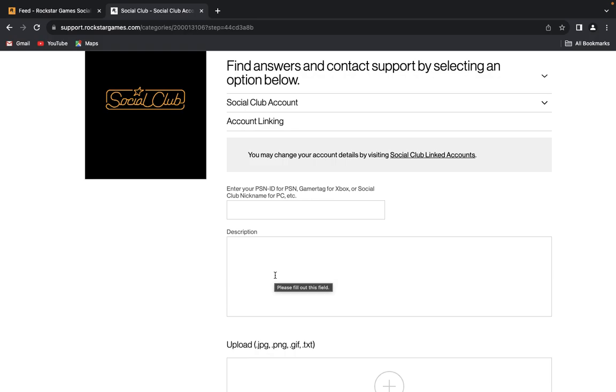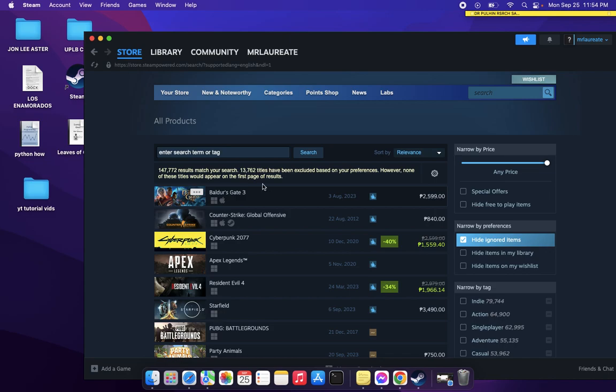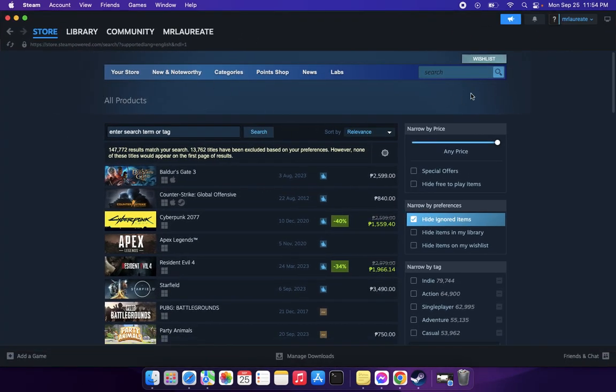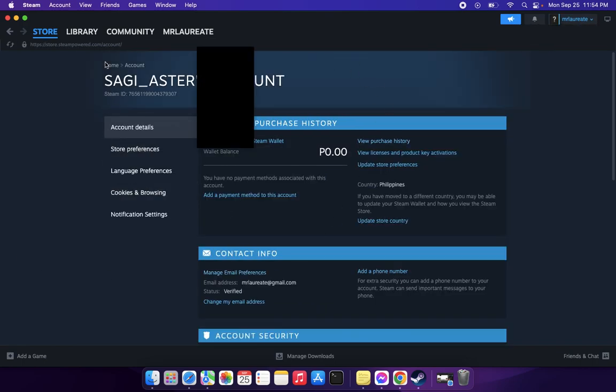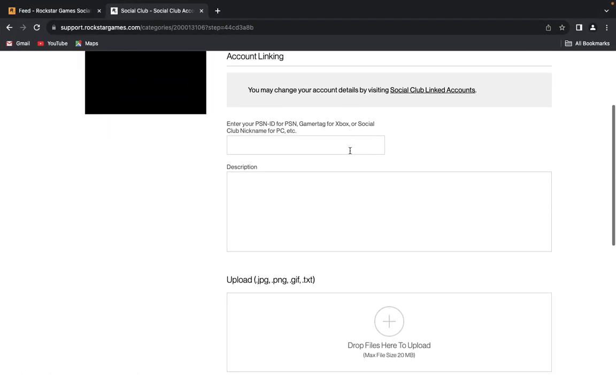And another thing that you want to do is go to your Steam Link account and then go to your top right corner, click on the account details like so. It will show you your name and your account and your history. What we want to do is copy your Steam ID like that,